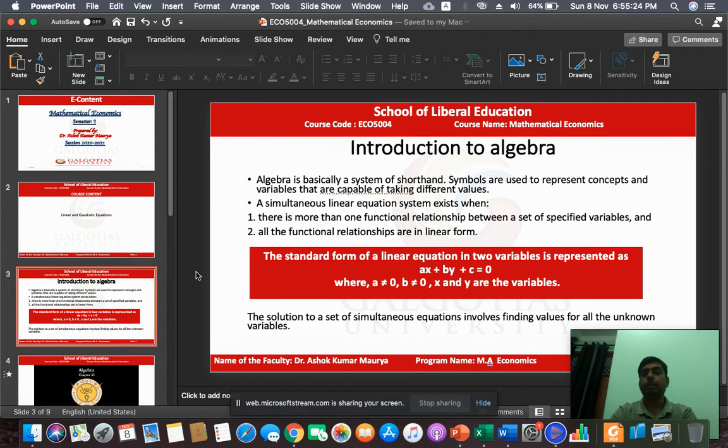Okay, this is the mathematical equation. If we try to explain this equation in economic terms, we can say that x and y are economic variables, and a, b, and c are the constants. In economics we always talk about the relation among economic variables and try to find out the value of the economic variables. That's why mathematics is so important for economics.